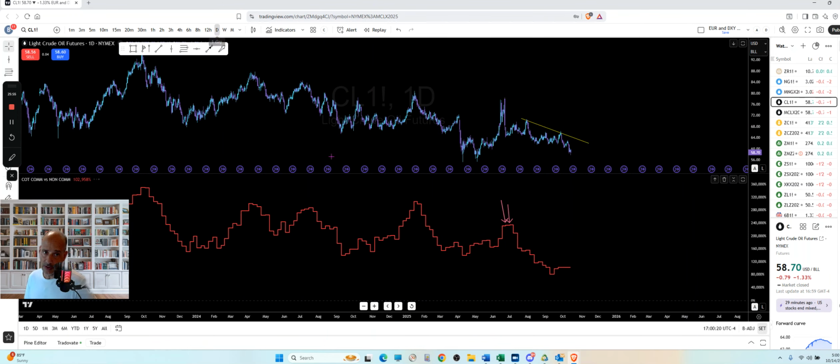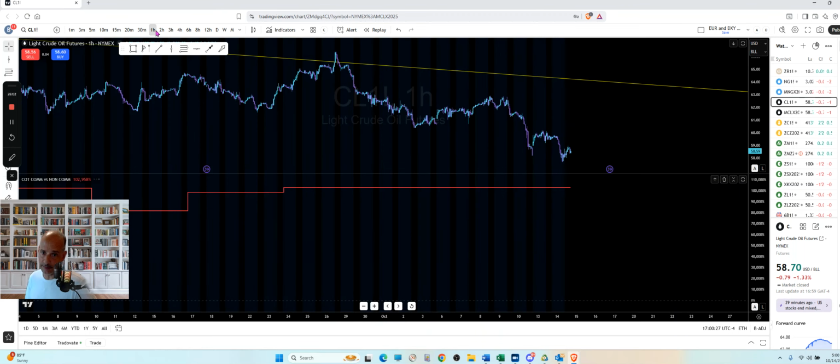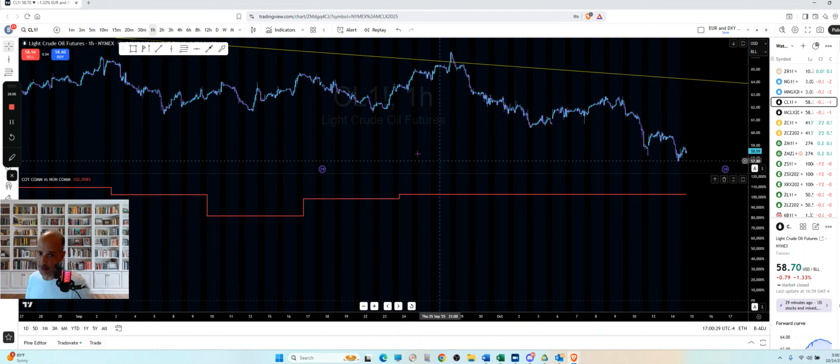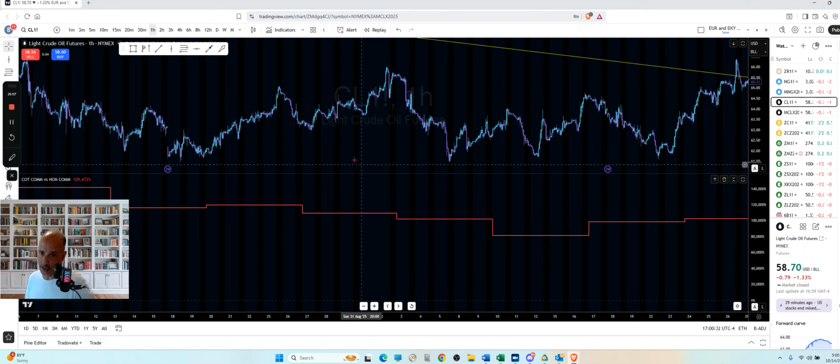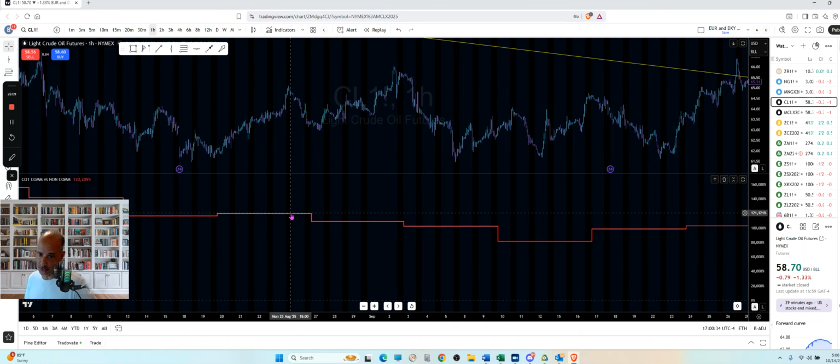I mean, you can go to a daily chart. Here's that same stair stepping on the daily chart. You can do it on a shorter time frame, but the shorter you go, obviously, if you go down to a 1 hour chart, you can see what this looks like. This is just too short. It makes this indicator so wide because it has to cover, remember, it only comes out once a week. So these lines have to get really long because it has to cover 7 days of trading. So there's a week between here and here, and so it just flattens this out. So it's just not really usable like this.